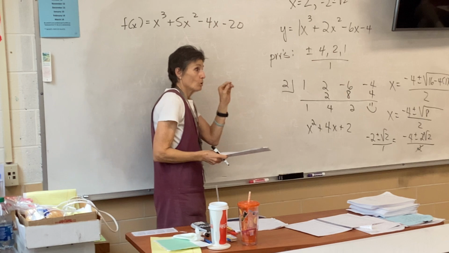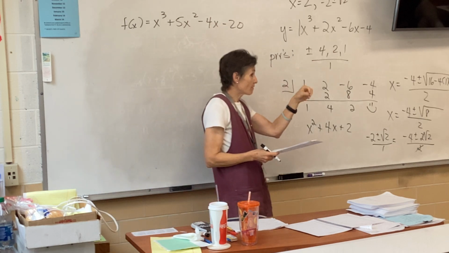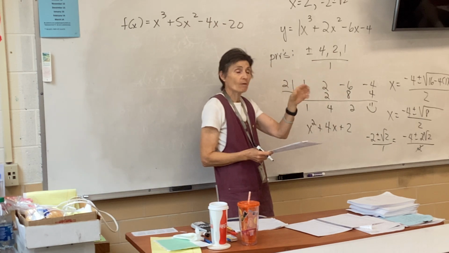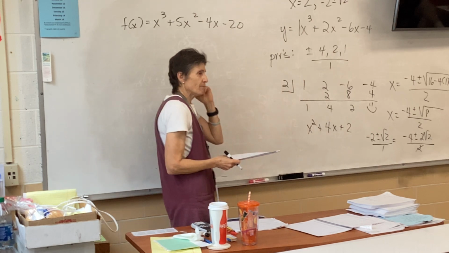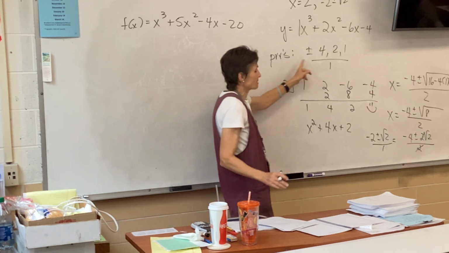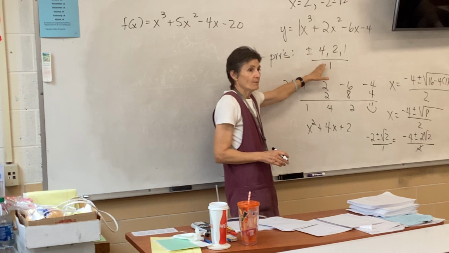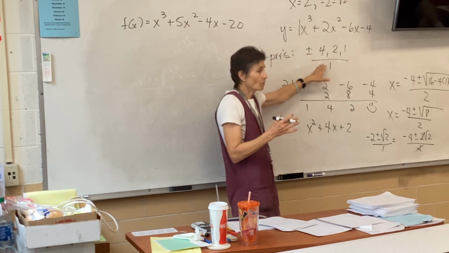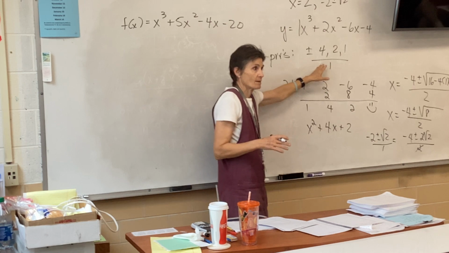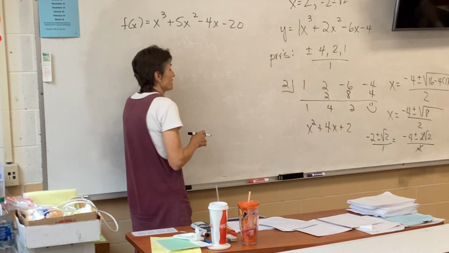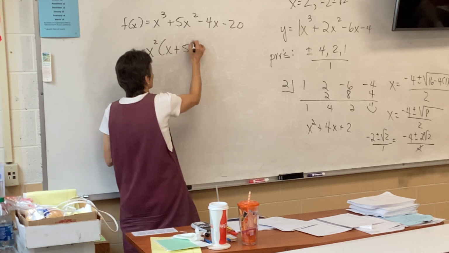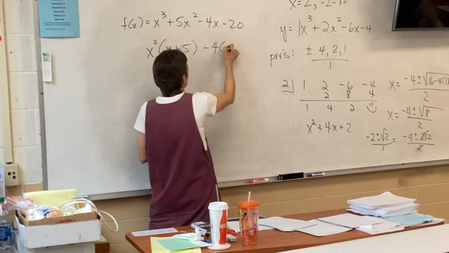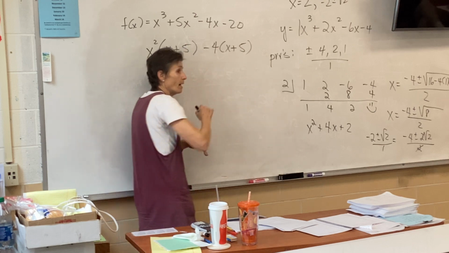Now, could we also do the PRR thing and guess and divide and all that? Yes, but that's going to take longer. If I don't ask you to list the PRRs, then they aren't necessary. They're okay to use if you want, but they're not necessary. This one is factorable by grouping. So take out an x squared, take out a negative 4. And sure enough,